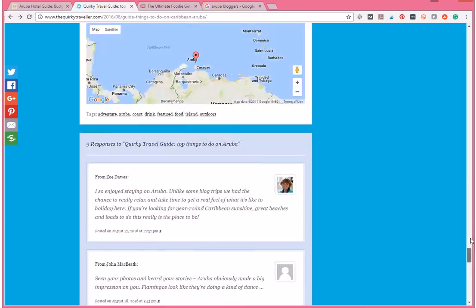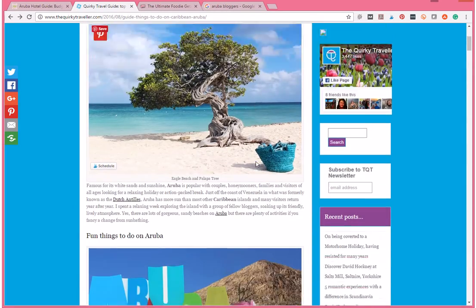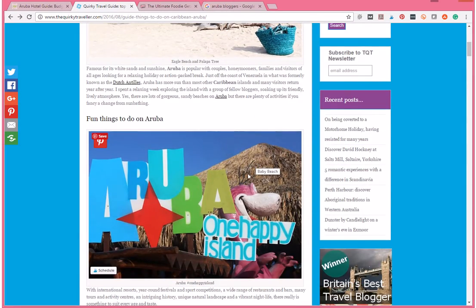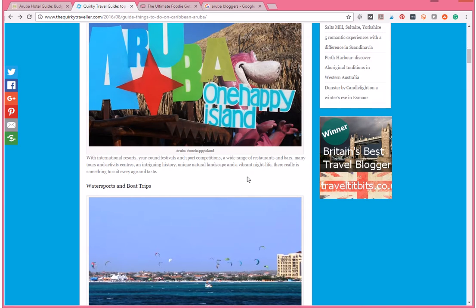So what I'm going to do is quickly head back up. I'm going to go ahead and read through the article so that I can leave a thoughtful comment. And this part is very important because if you just simply say like great article and leave it at that, that's considered a bit spammy. But if you actually read through the article, you leave a thoughtful comment about something that they wrote about, or